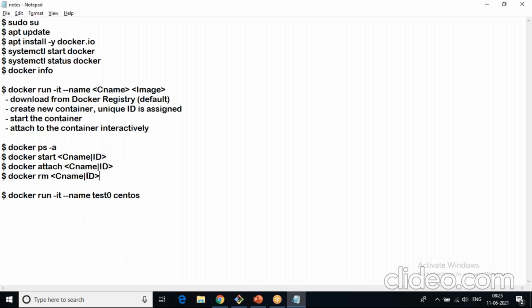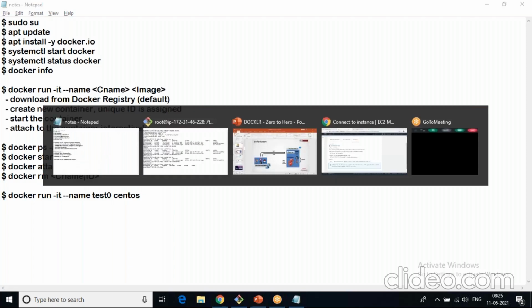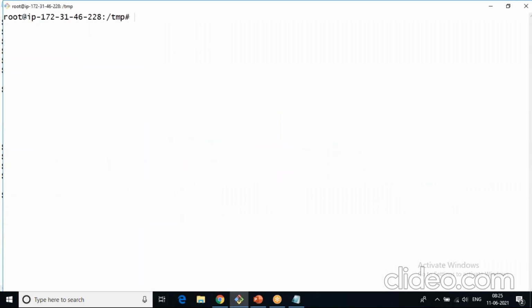A process is something which consumes some resources on your host machine and something is running practically, a simple way of telling. So what was running inside my container? We just created a container, but what is running inside it? So let's go back and run the same command. Okay,